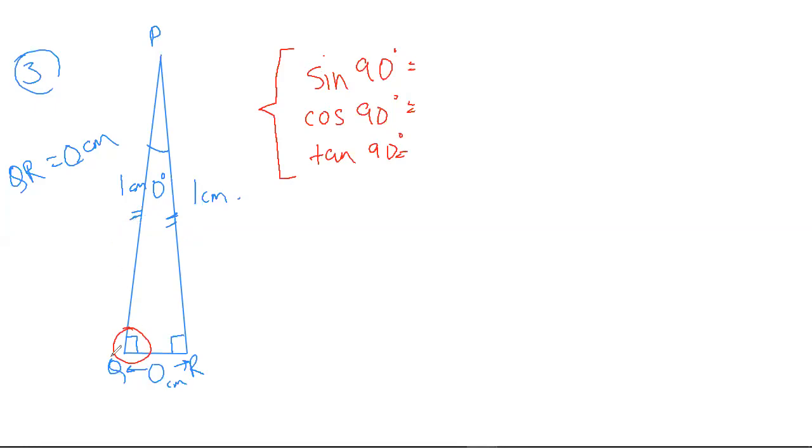So with respect to angle 90 degrees, tell us perpendicular upon hypotenuse. So I'll assume 1 centimeter, PQ is perpendicular and PR is hypotenuse. So 1 upon 1 will be 1. Cos 90. What cos 90 basically means is that with respect to angle 90 degrees, tell us base upon hypotenuse. So base is 0 centimeters, QR is base, and PR is 1 centimeter, that is hypotenuse. So I have assumed QR is 0, therefore the answer will be 0 upon 1. And as everybody knows, 0 upon 1 is 0. So cos 90 degrees will be 0.